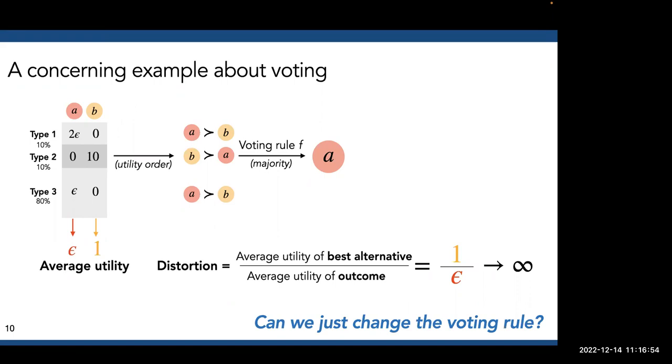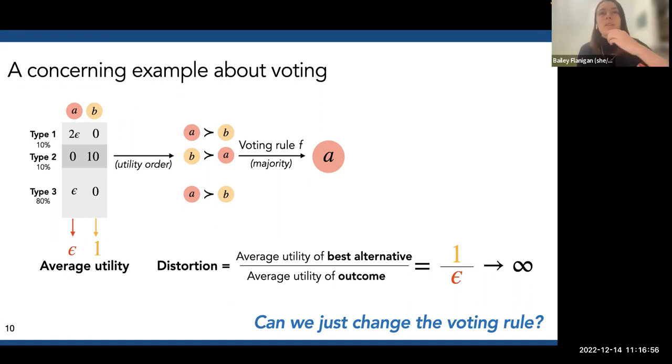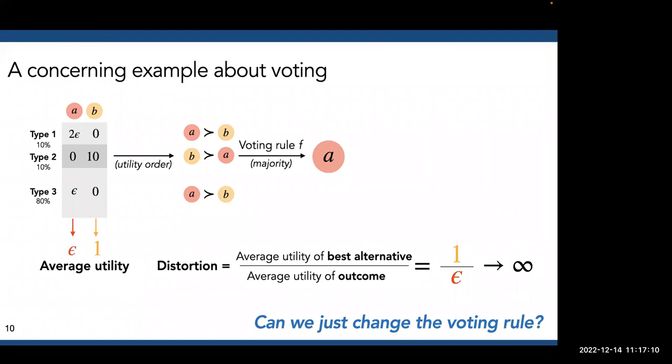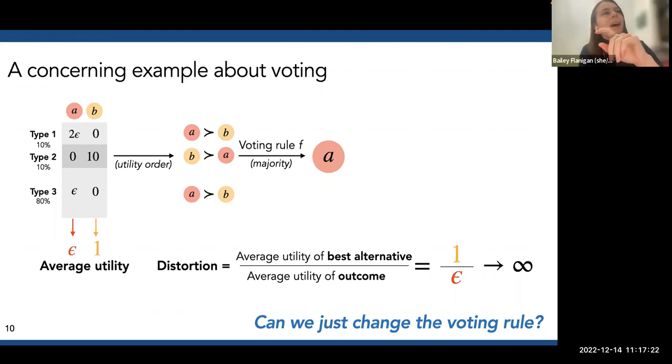Is it possible to do better than that? Is it possible to do better than M, the number of alternatives? No, under general utilities, if you don't assume anything about the utilities, the best randomized rule can get M. I see. So you can always get the number of alternatives by picking a random alternative. You can always do as well as the number of voters by picking a random voter. And then if you're deterministic, you can't even do either of those.